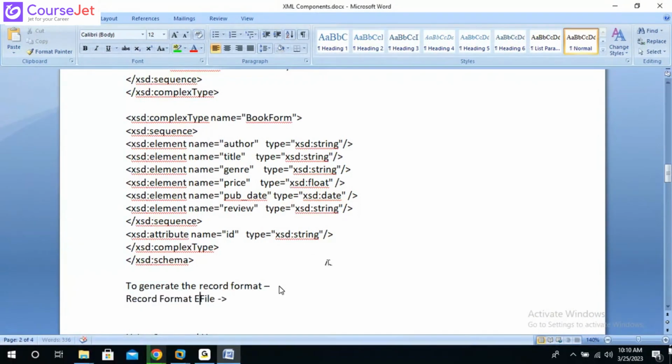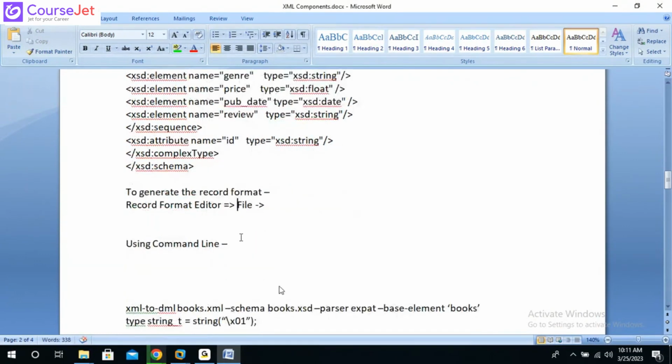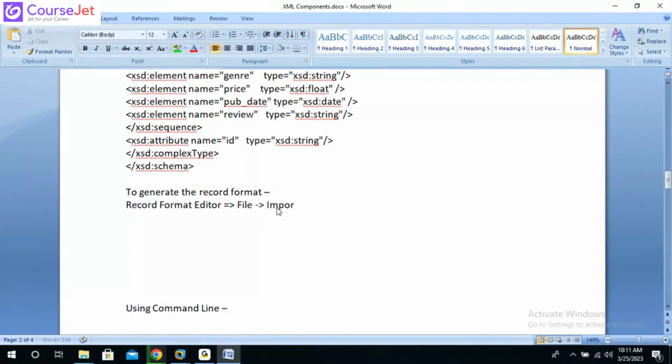In the record format editor, you can just go to File, and then you can say Import XML. In the Import XML, we have to specify the XSD or XML file location. We have to set the base element and the sub elements